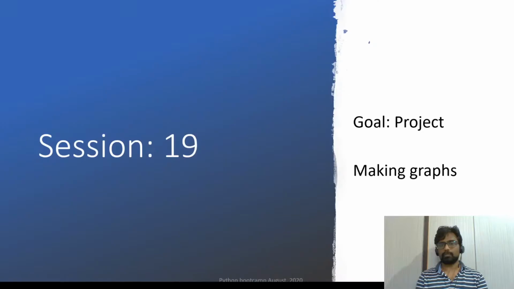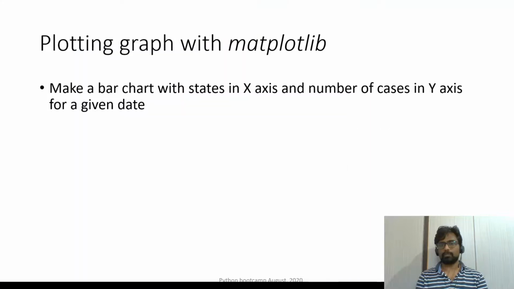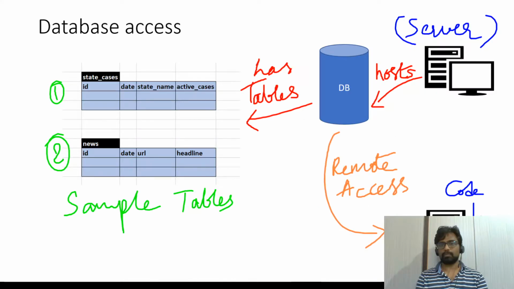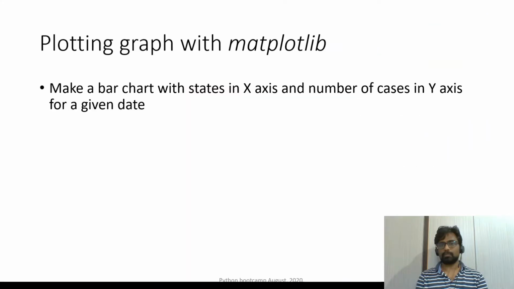And we also learned about graphs. There is a library called matplotlib. So we did some kind of graphs. This is our statement: make a bar chart with state names on the x-axis and the y-axis as this. This is a simple graph. You can do a lot of analytics, like you can compare weekly data, you can compare state by state data, you can make it a pie chart. You can do a lot of interesting things because the database is the same thing. So using the same data, the presentation can be different. So that will be nice. So that is about all that we did.